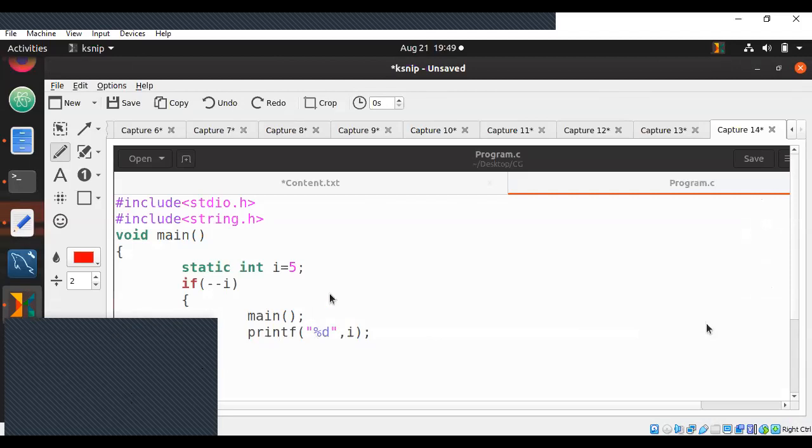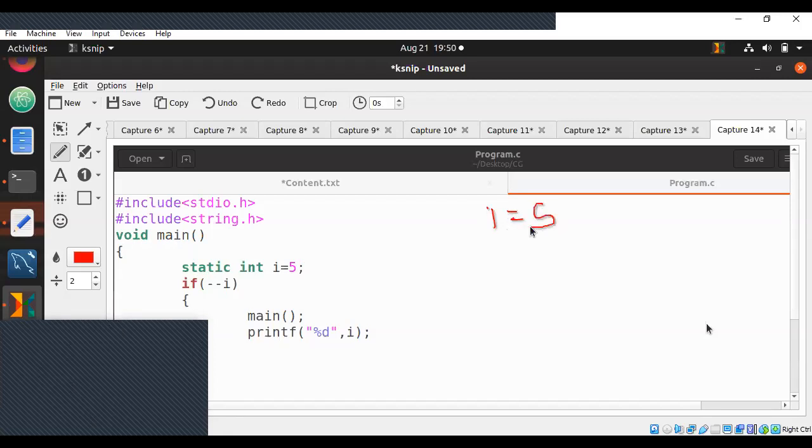So let us go back to this. Let us now try solving this. First thing you need to know about static variables is they are not deleted till the end of the program. That is the first thing we need to know about it. So let us start solving this. Here, you have a static int i equals 5. Now, i, let me call it a variable.